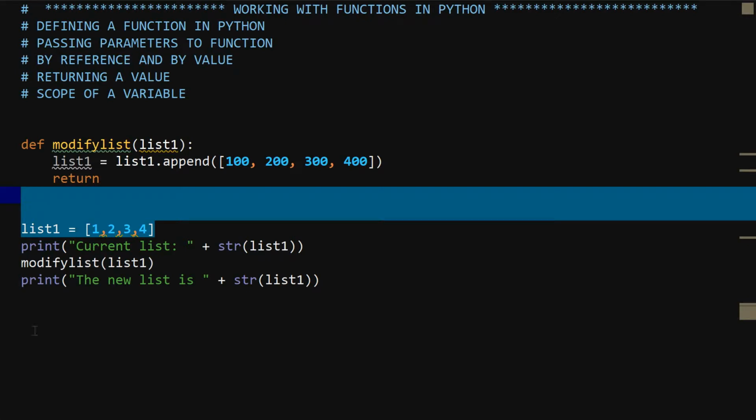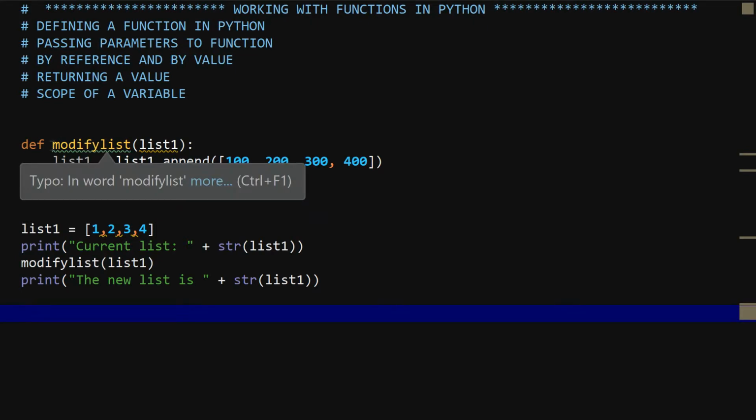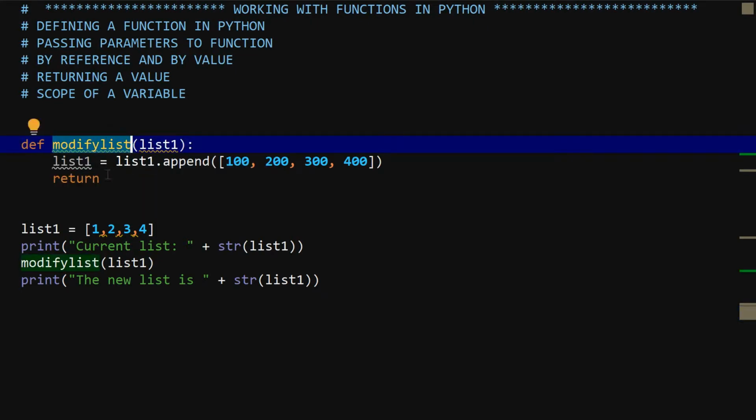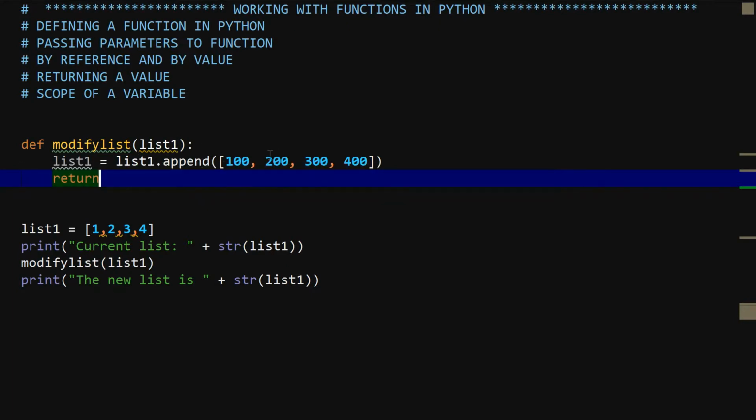Alright, in Python, we are still trying to explain how to differentiate between pass by reference and pass by value. In my previous tutorial, I explained it using this example, which makes it really clear. We have this modify list function. It takes a list, changes it by appending items to the list, and then returns it. Now, when we call this function with a new list, for instance, we have this list one, a new list